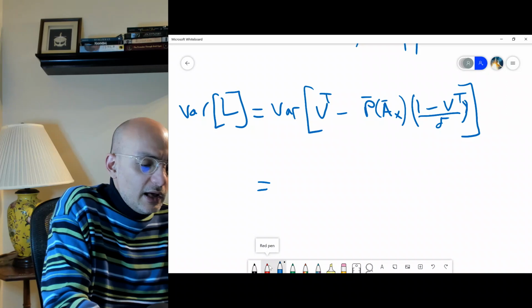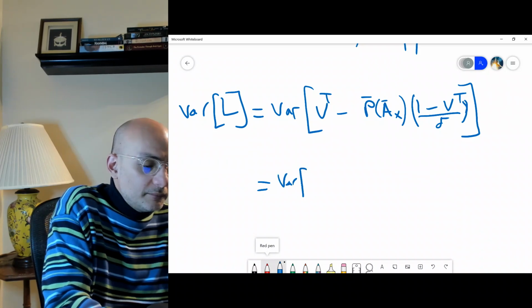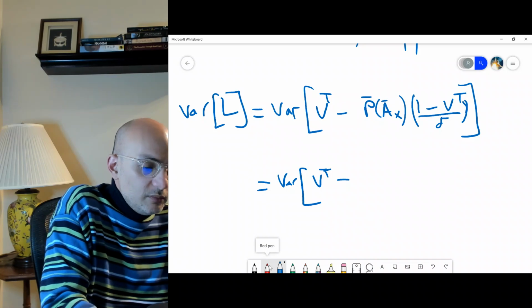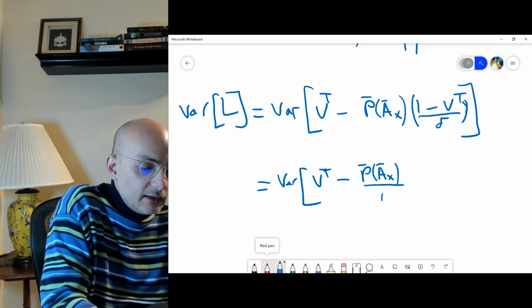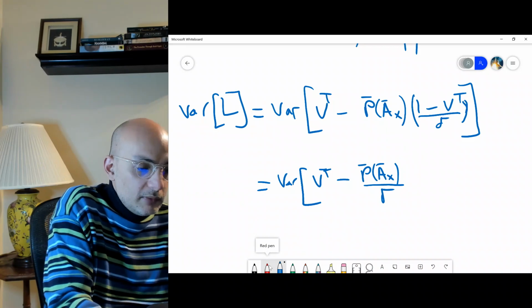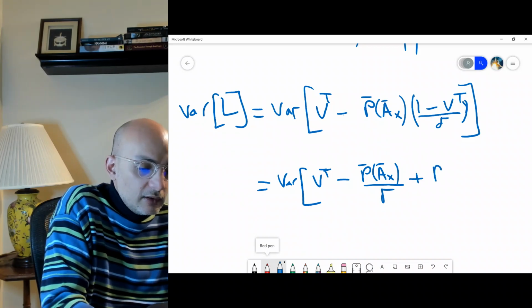So if we manipulate this one, take Vt, let's distribute this one, now multiplied by 1 divided by delta. Now minus minus become a plus, and remember the premium is a constant, the premium that you charge divided by delta Vt,